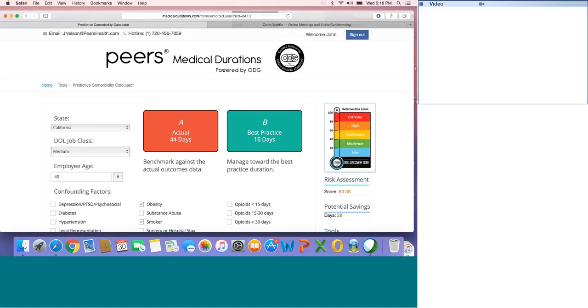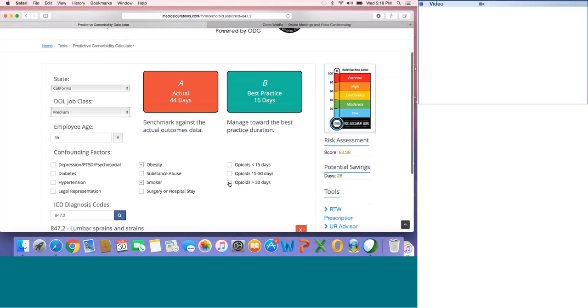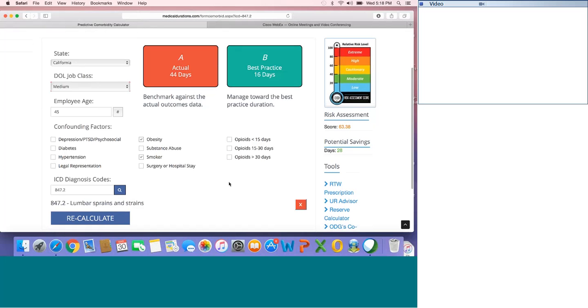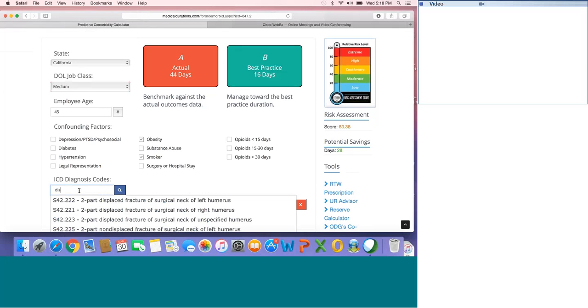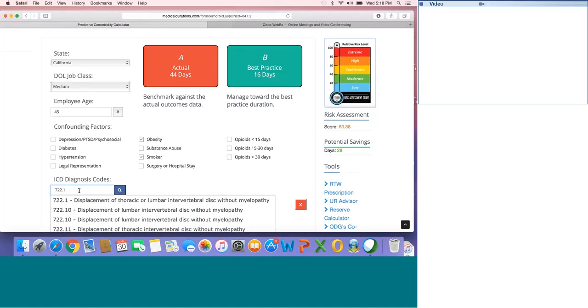So if you look here, as we're doing the inputs, the output over here is changing, and you can see it added some days to the best practice duration here, the green box that we want to manage towards. What this tool will also allow you to do is if you just click in the box on the ICD diagnosis codes here, you can use it as a search, so you can just search just like we did before, or if you know what the ICD-9 or 10 is, you can simply put it in. And if we click on that here,